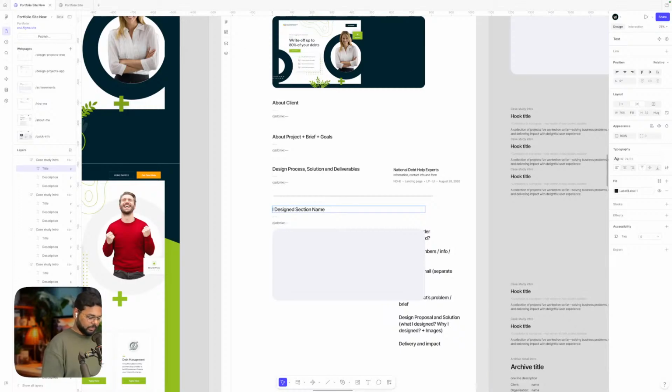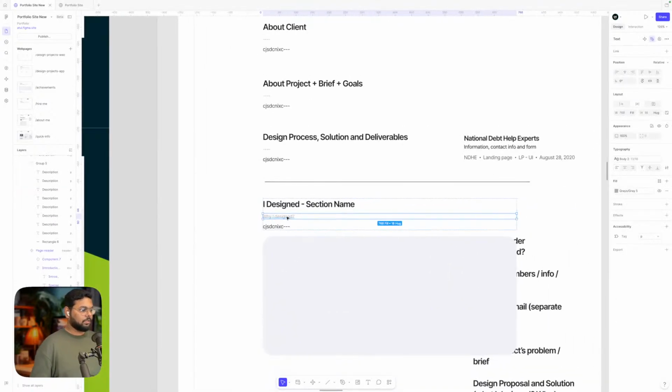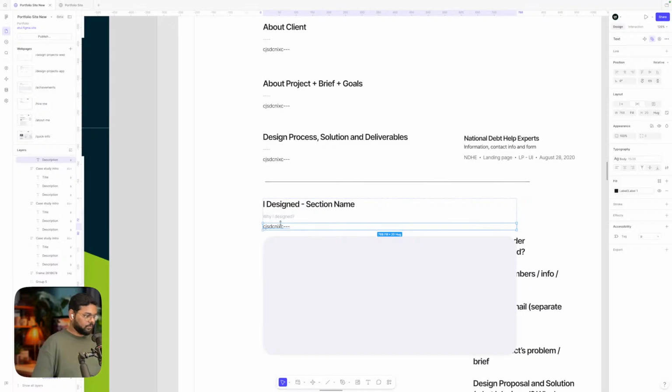I designed, and then the section name. Why I designed would be here, right? And this will go right. So why I designed